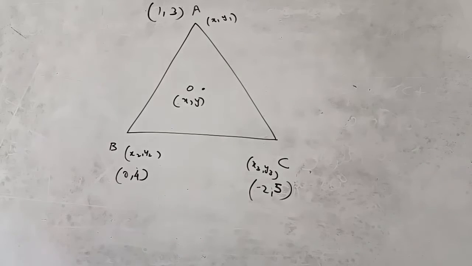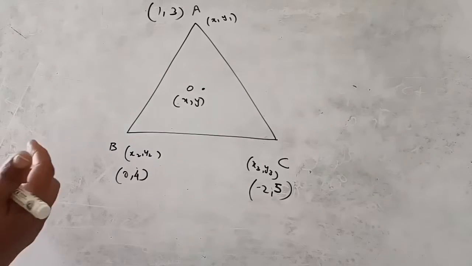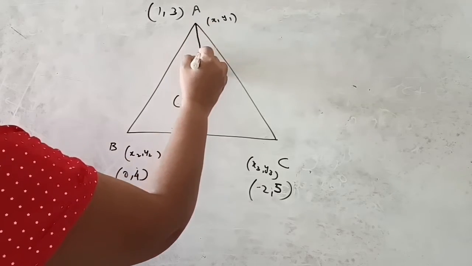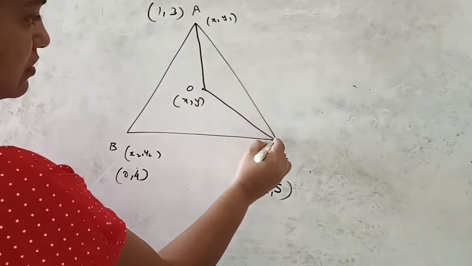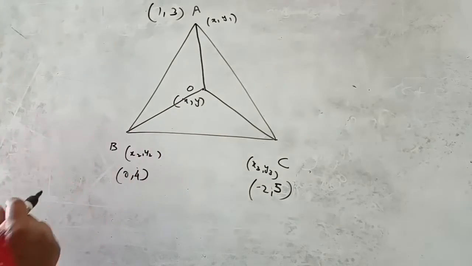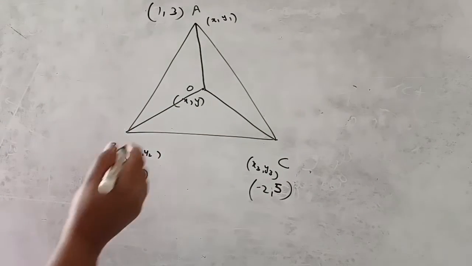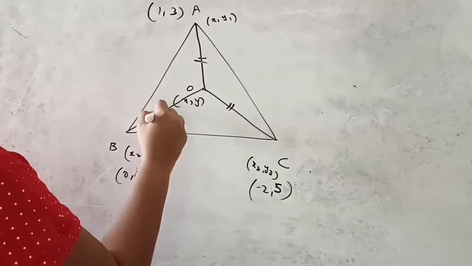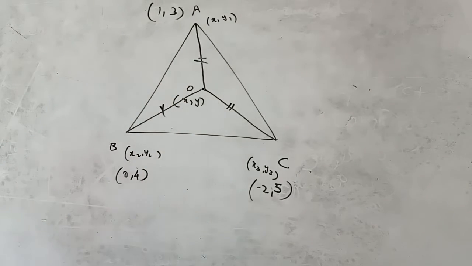In order to find the coordinates of the circumcenter, we need to know the property of the circumcenter that can be applied here. You know that the circumcenter is equidistant from all the three vertices, which means that these three lengths are equal. In coordinate geometry, how do you find the length of a line? We use the distance formula, which is the square root of (x2 minus x1) the whole square plus (y2 minus y1) the whole square. So, let us start finding out the numerical value of the length OA,